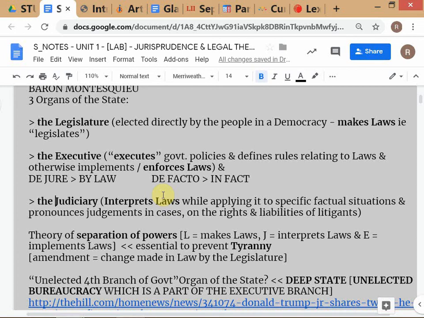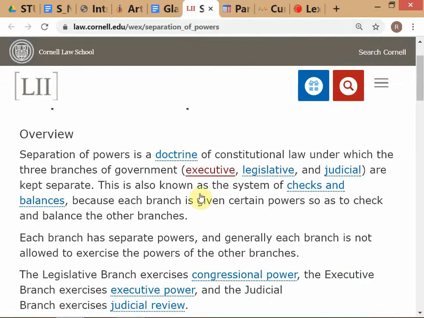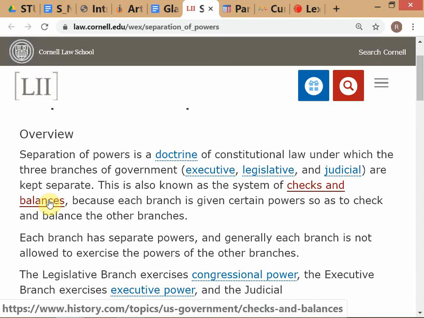Because it's very easy to amend the Indian constitution, you could say that by making it so easy to amend, we have diluted the extent to which the checks and balances are able to function. Separation of powers is essentially a system of checks and balances. Are you able to follow what we are saying? Yes, sir. You need to understand how your country works.